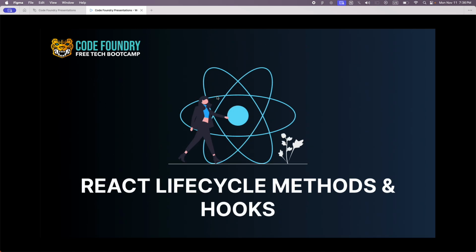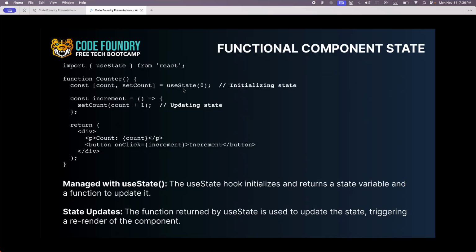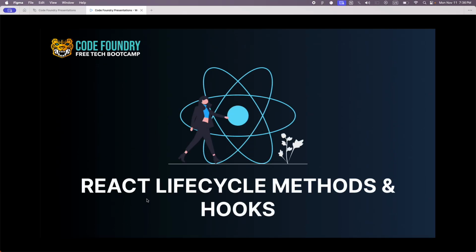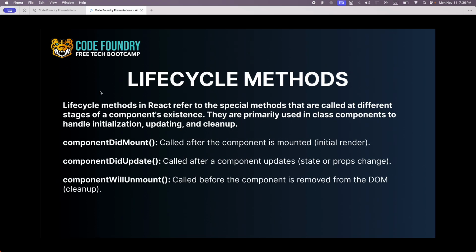So we just talked about hooks. useState is an example of a hook. Our next set of slides are about lifecycle methods and hooks, which are ways that we manage state and dynamic information in React. So lifecycle methods in React refer to special methods that are called at different stages of a component's existence. For example, componentDidMount is a function that is called after the component is mounted, which means that